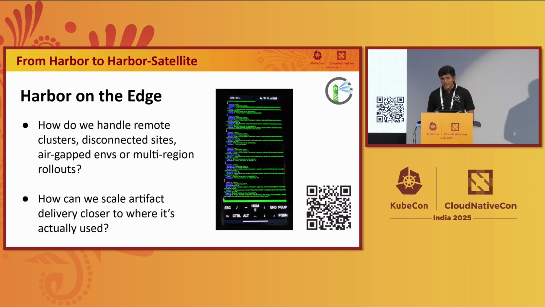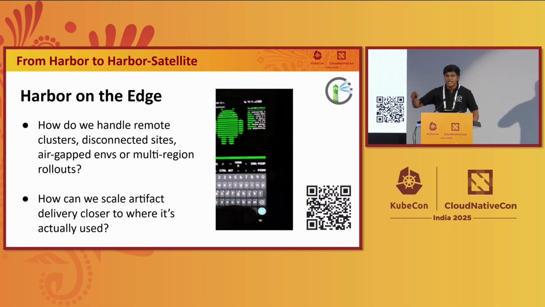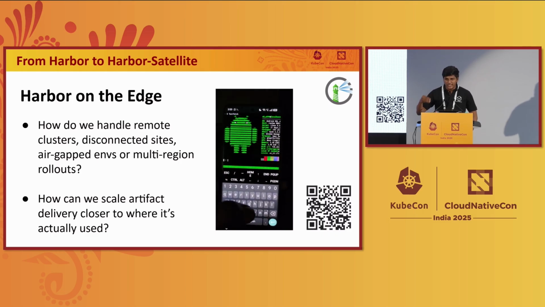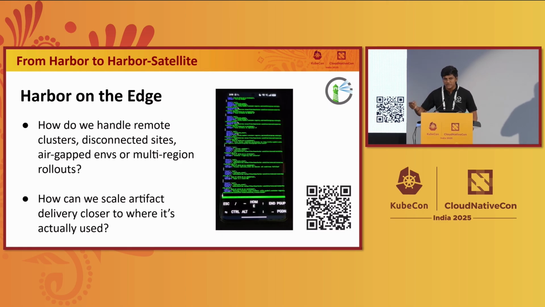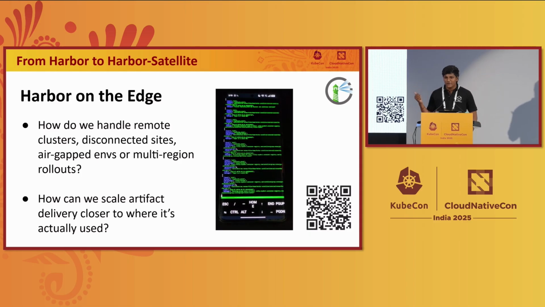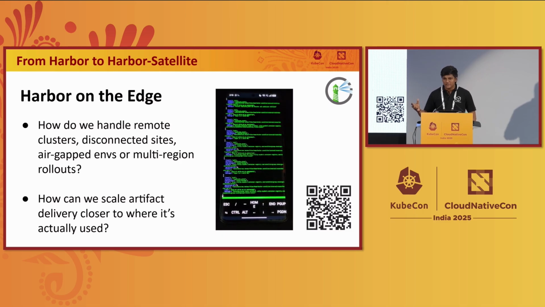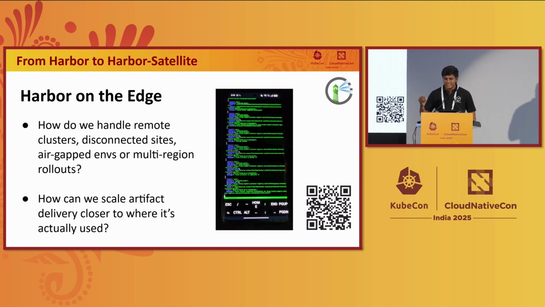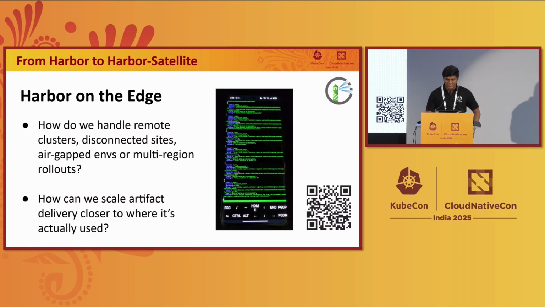So we made Harbor Satellite, which allows you to deploy a container registry on edge devices along with your edge workloads. So for example, a boat or a flight or anything where your container workloads run, you can deploy this Harbor Satellite there, which is a single binary, and it comes with a registry, and it's very tiny to run. You can see a GIF that is running here showing Android. So this is Harbor Satellite running inside an Android, which means it doesn't require that much CPU or anything. It just has a minimal container registry that you can run on your edge devices. You can scan the QR code to learn more about Harbor Satellite.